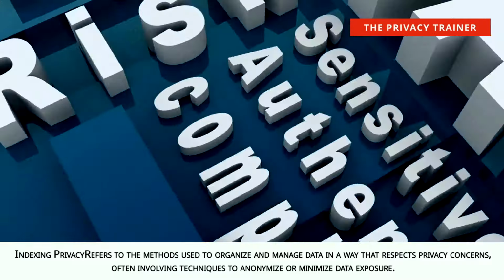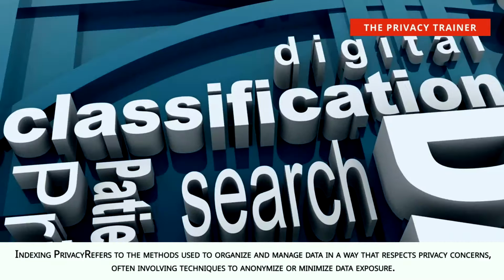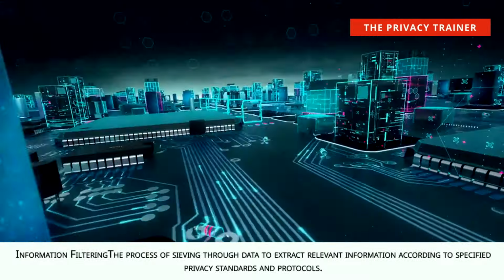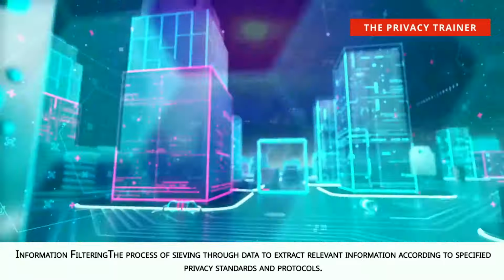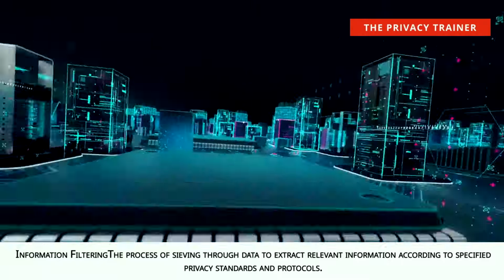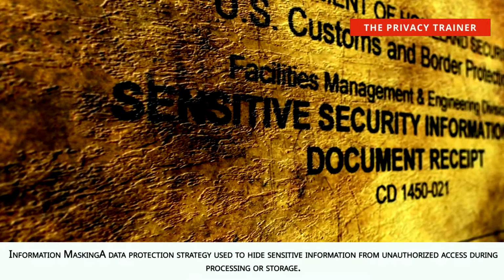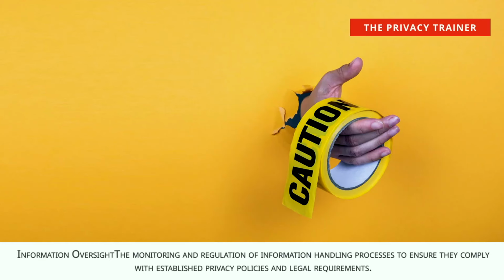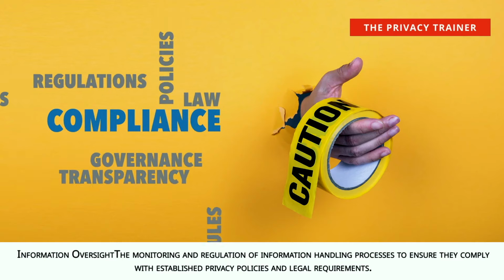Indexing privacy refers to the methods used to organize and manage data in a way that respects privacy concerns, often involving techniques to anonymize or minimize data exposure. Information filtering, the process of sieving through data to extract relevant information according to specified privacy standards and protocols. Information masking, a data protection strategy used to hide sensitive information from unauthorized access during processing or storage. Information oversight, the monitoring and regulation of information handling processes to ensure they comply with established privacy policies and legal